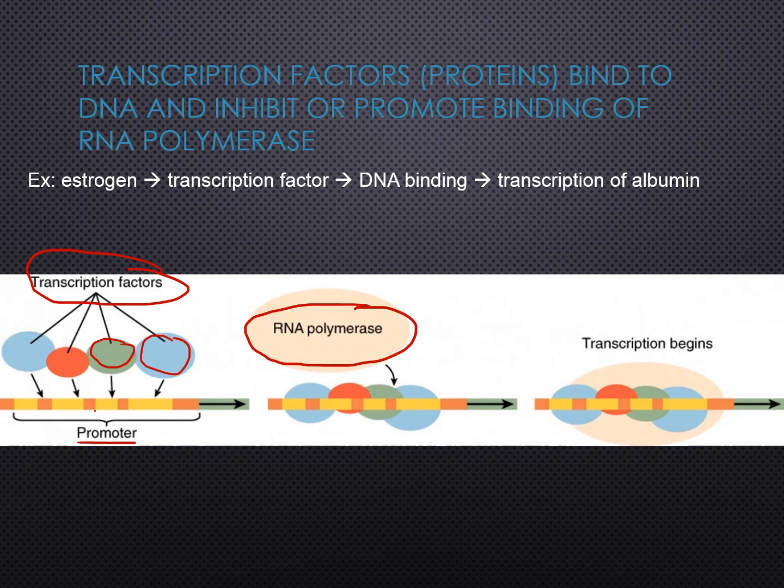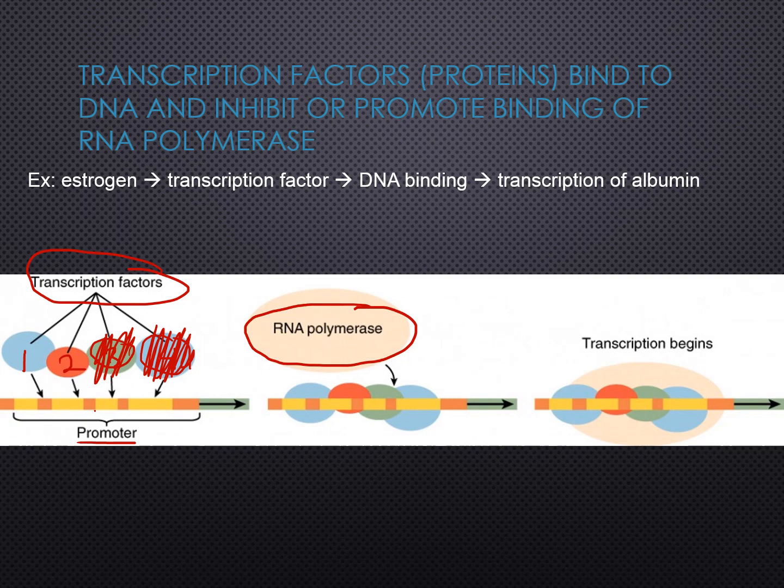Perhaps, for example, if all four transcription factors, 1, 2, 3, 4, are bound, RNA polymerase is just binding and binding and binding and transcribing and transcribing and transcribing. So a lot of expression, lots of gene expression. Then maybe if we don't have the fourth transcription factor, perhaps RNA polymerase will still bind, but less frequently. And then if we delete transcription factor number 3, maybe RNA polymerase now will bind even less frequently. So we can have very fine control of how often